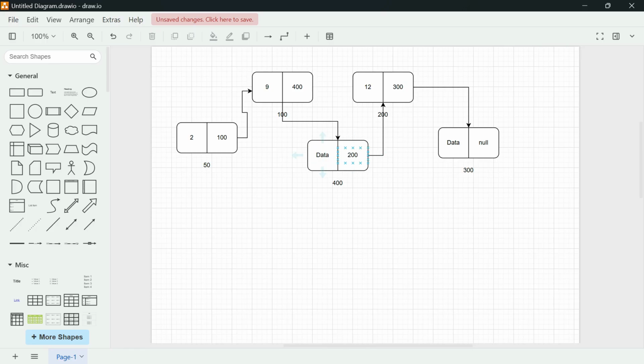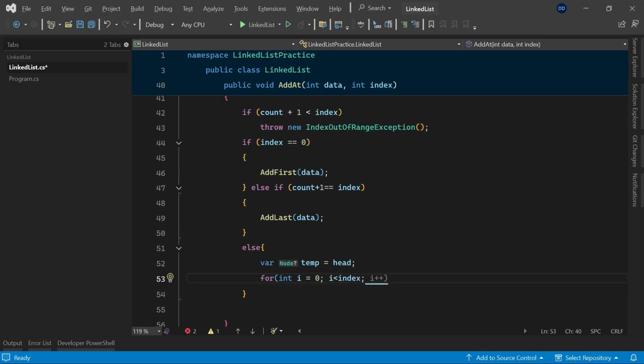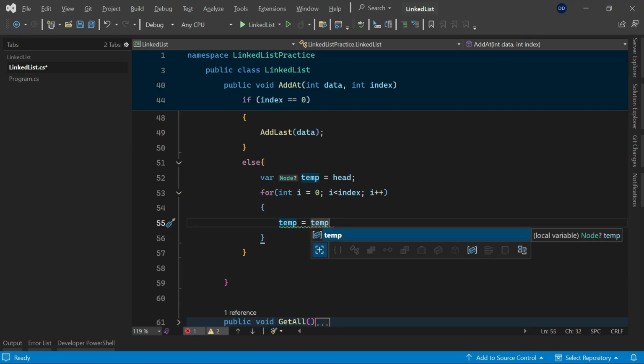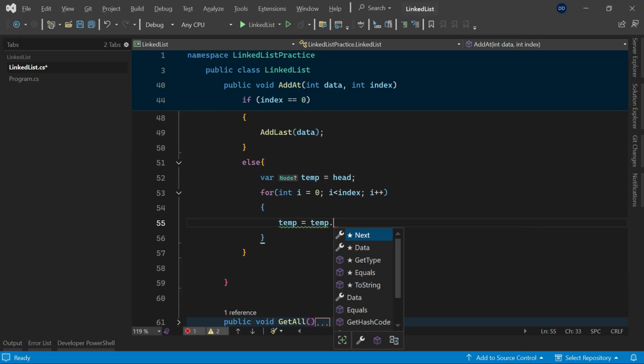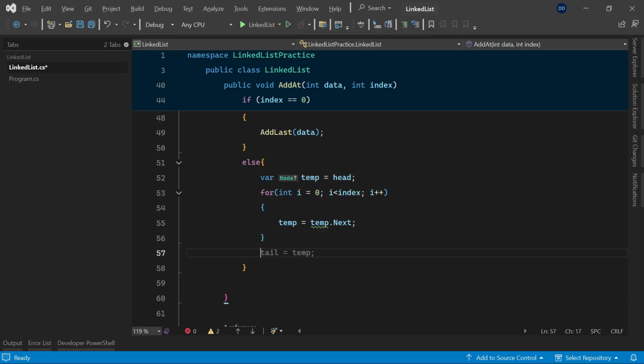See over here, to change the address at the index minus 1 location, we have to stop on the index minus 1 location itself. If you go to the index location, you won't be able to break the chain. You need to stop on index minus 1 so that on that node you can change the next variable. That is why here we have i less than index and obviously i plus plus. I'll write the code for traversing, very simple code, and when this loop breaks, at that time you are on the location of